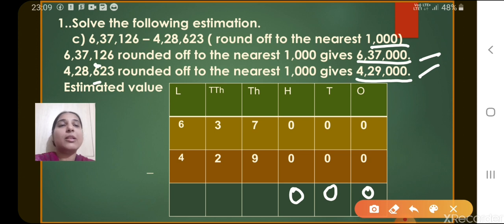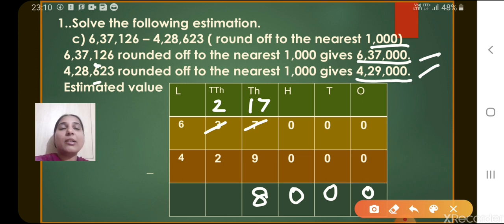That is not possible. So we have to borrow from the next place. So there you can see the digit 3. So from there we will borrow 1. So what will be left here? 2. And the digit at the thousands place becomes 17 now. Now 17 minus 9. So what we will get? Count after 9 up to 17. So 9, 10, 11, 12, 13, 14, 15, 16, 17. So till where did you count, children? Yes, we counted up to 8. So we will write 8 there.